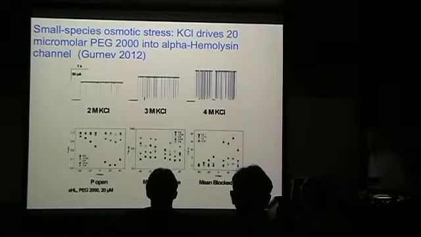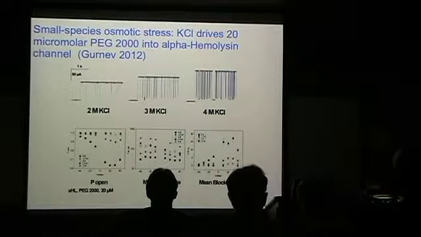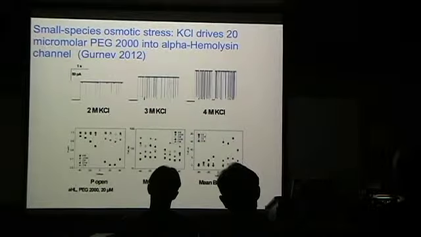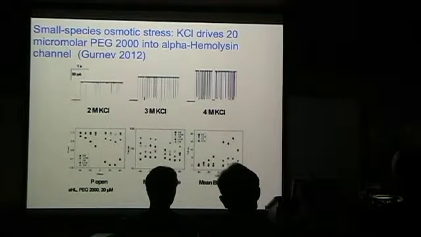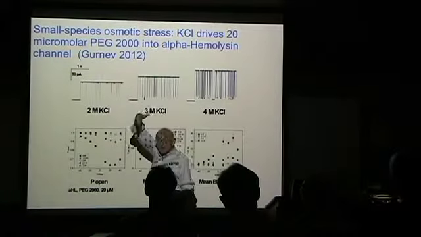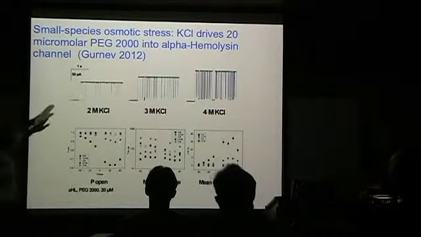Is the protein charged? Say again, please? Does the protein have any charge? Not enough to show up as part of the current. The current is basically carried by the potassium chloride, and all you're seeing here is that that line gets higher and higher because you have more current carriers. The salt gives it a negative conductance. That's all this part is.